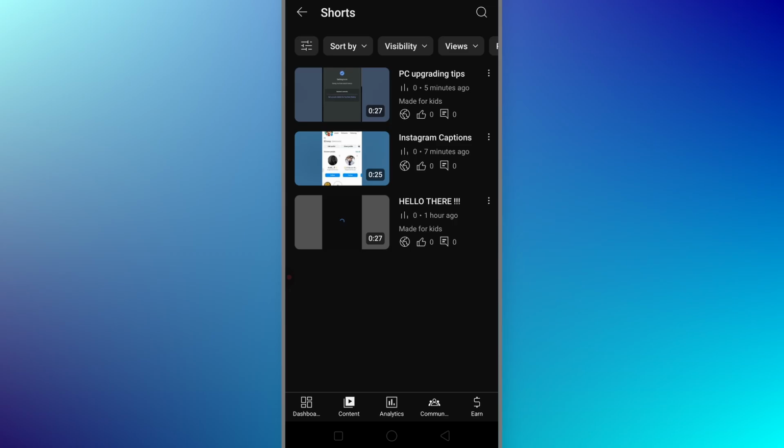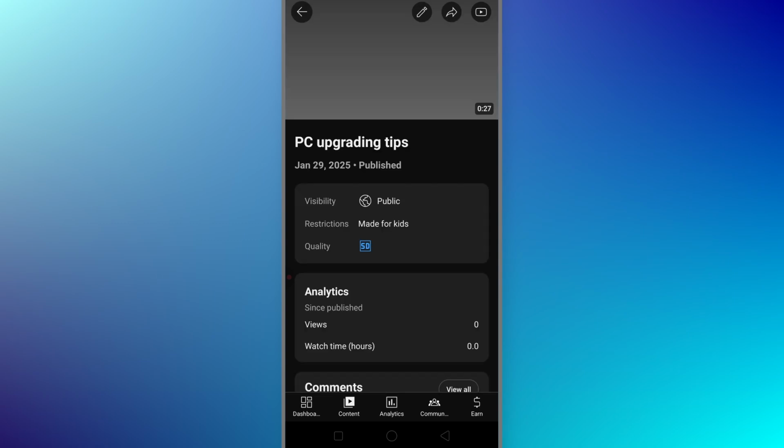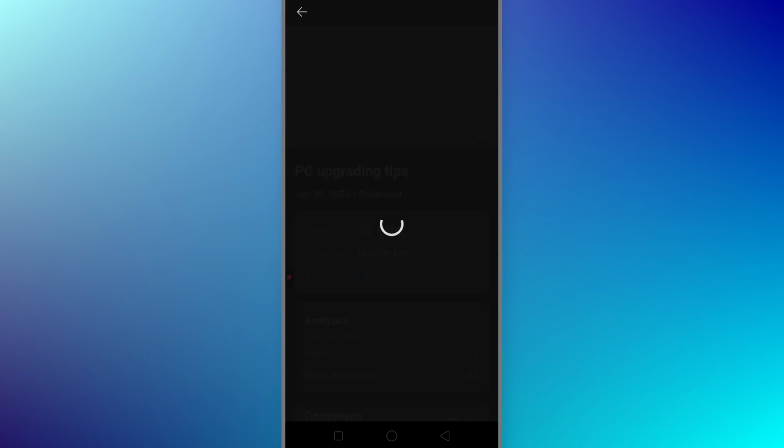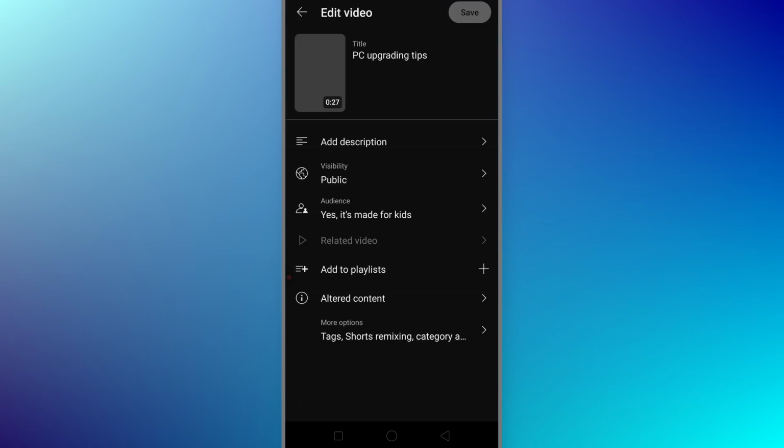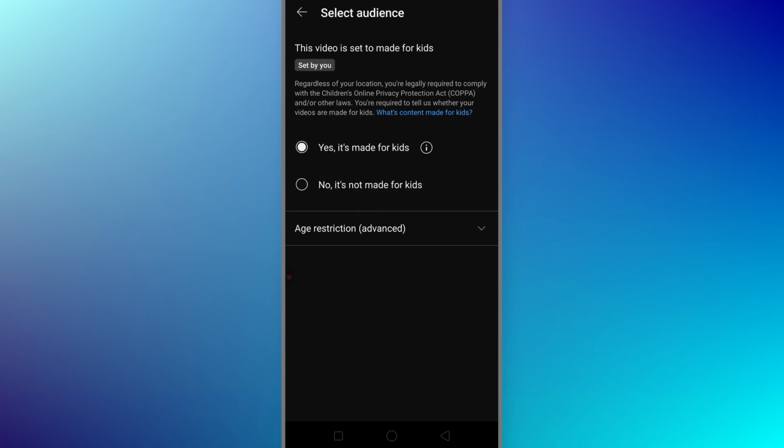Now select the short where you want to enable the comments. I want to enable comments on this short, so I'll just click on it. Then here click on this pencil icon button. And now here you have the option for audience, so here we just need to click, and now here you